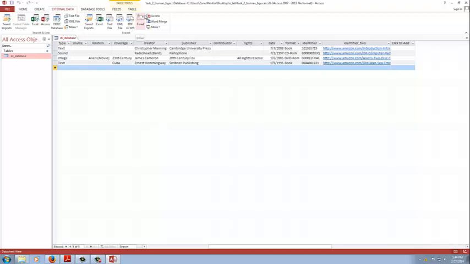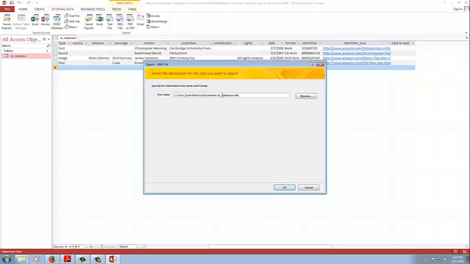So that's one way of doing it. The other way that you can export and share data is through XML files. So if you go to external data once again, click XML file. It's got the name there. Let's name this task for Truman Tiger